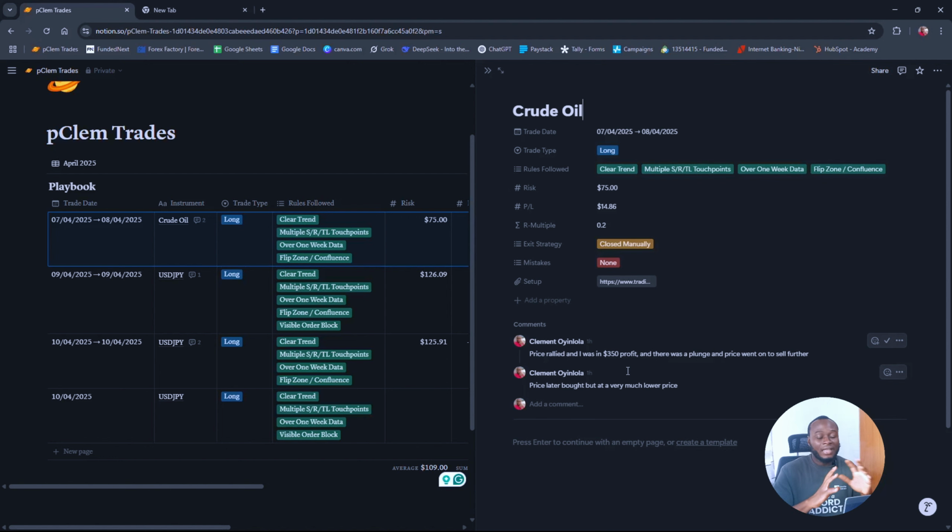It rallied and went as high as, I'm going to show you the chart, but let's go over my journal first. So this price went as high as $350 in profit, and all of a sudden there was this sudden plunge back down, and price kept going further down. I opened the chart and saw the spike. I was like, whoa. I checked how much I could have made if I had seen the spike, and that was $350. So when I saw price going further down, I had no choice but to close it. So that was why I closed it